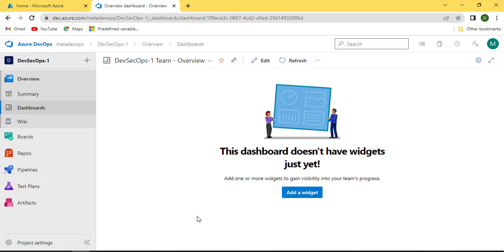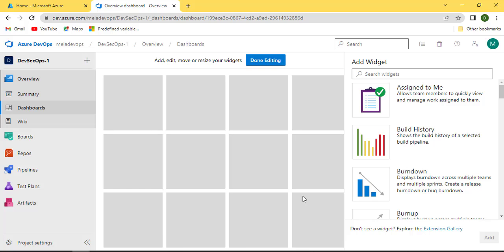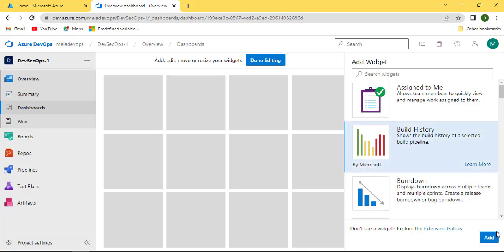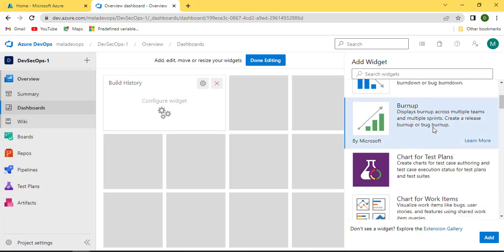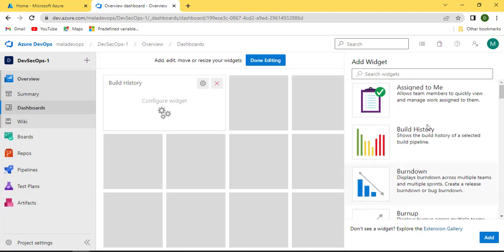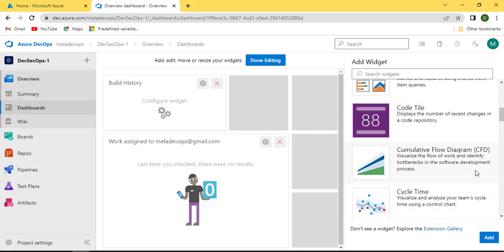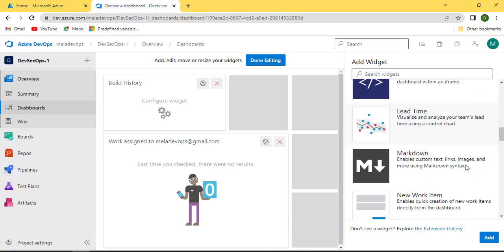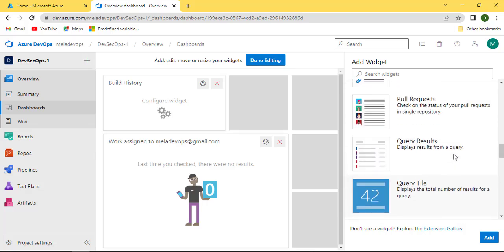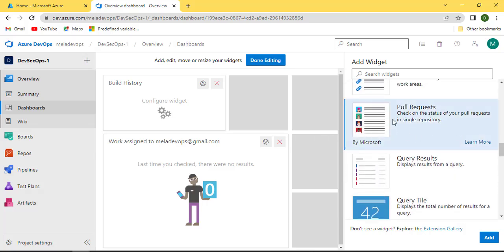So what could be the dashboard? You can have a work item dashboard, you can have your build pipeline, what percentage of builds are successful, what percentage of builds have failed, and things like that, like build history if you want to know. So these are the good looking widgets you can select, like assigned to, the number of tasks assigned to yourself if you want to check yours. And there are many, like the number of pull requests, how many pull requests were created,